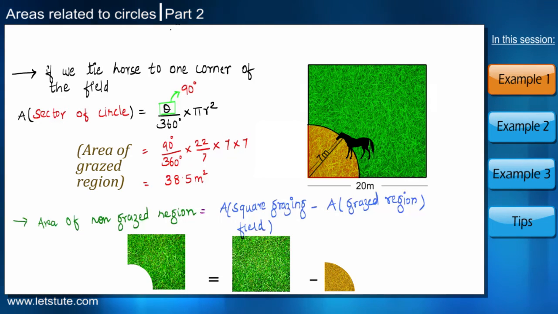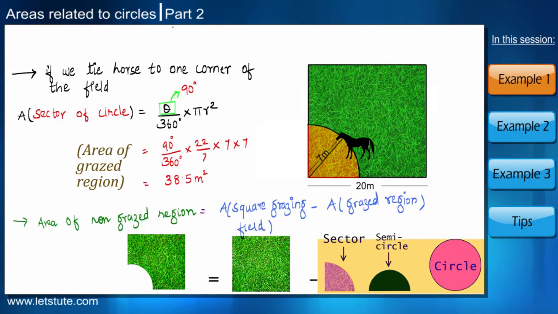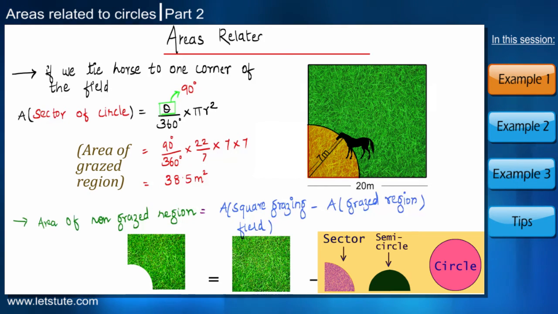Okay? So now if we were to talk things a little mathematical over here, which two plane figures we used in combination in this example? Yes, a square and a part of a circle, that is a sector. In the same way, we can have a variety of situations wherein another shape would be used along with a circle or a part of a circle. Therefore, whenever we find area of such shapes, we refer them as areas related to circle.